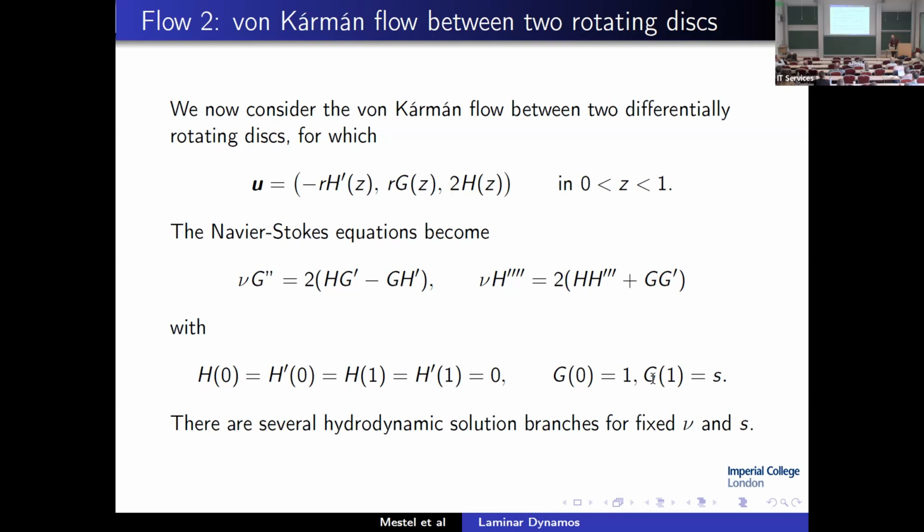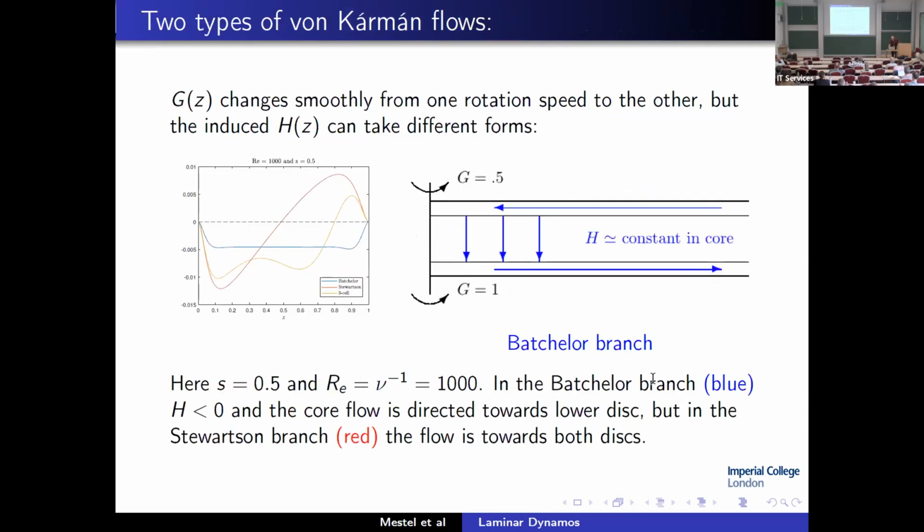You can find solutions for these equations, and you get a number of different solutions. That's characteristic when you do this reduction of a PDE to an ODE. You often find you get more than one solution to the simpler problem. And the two solutions I want to draw attention to, one's the Batchelor branch, discovered by